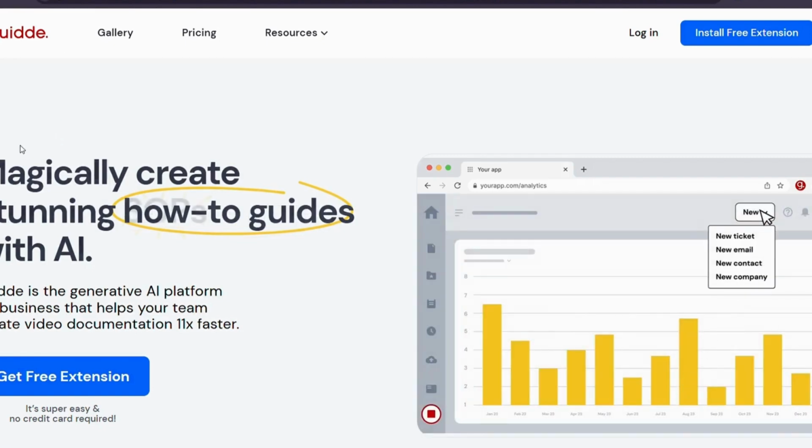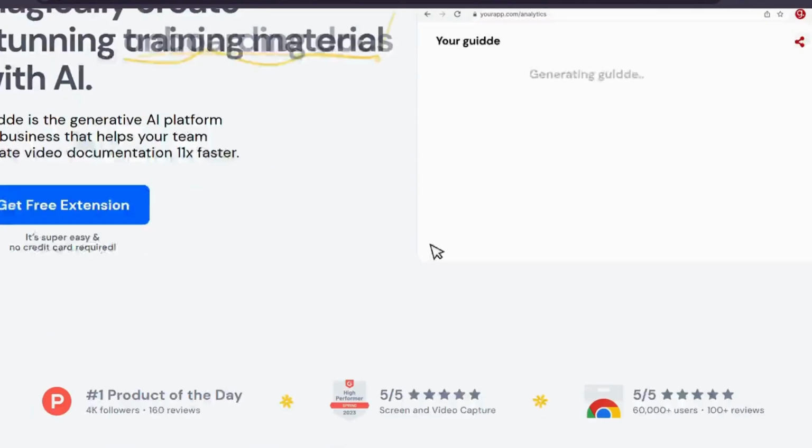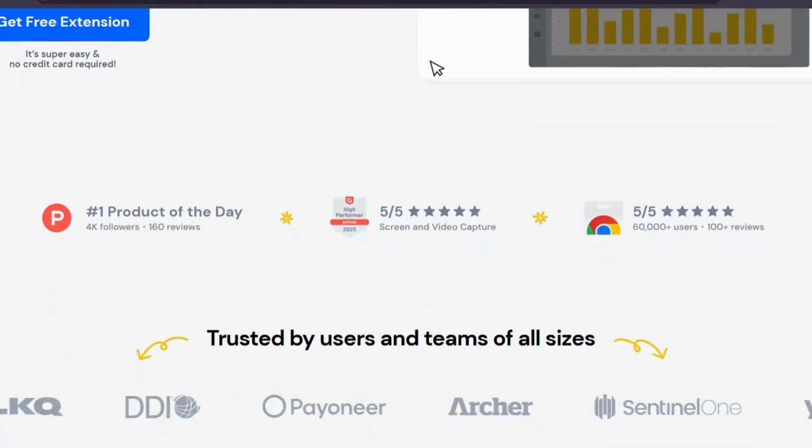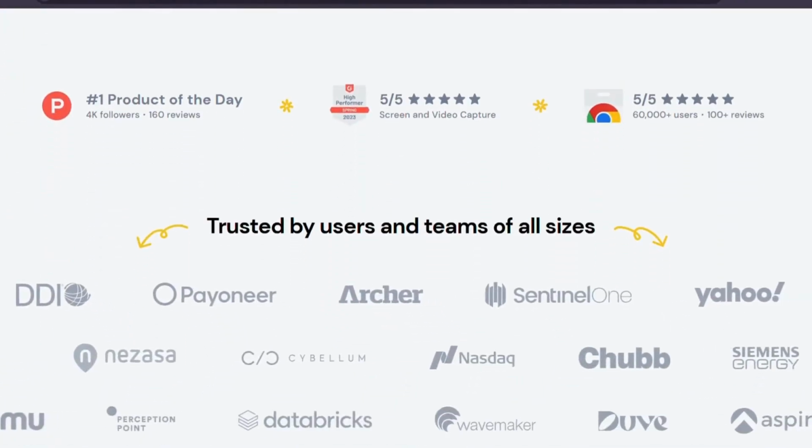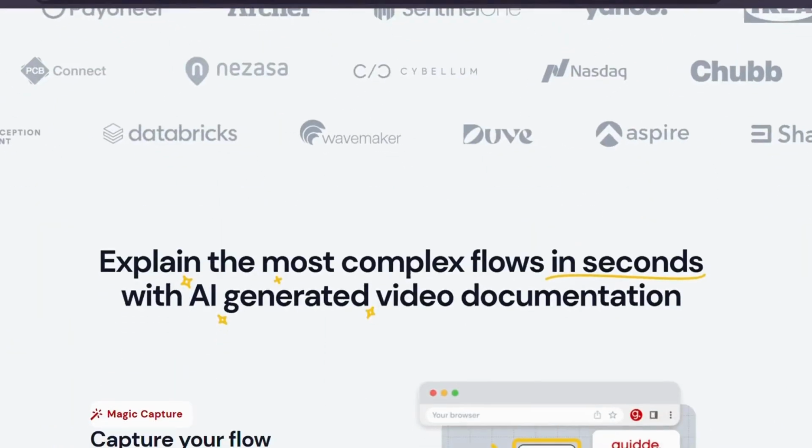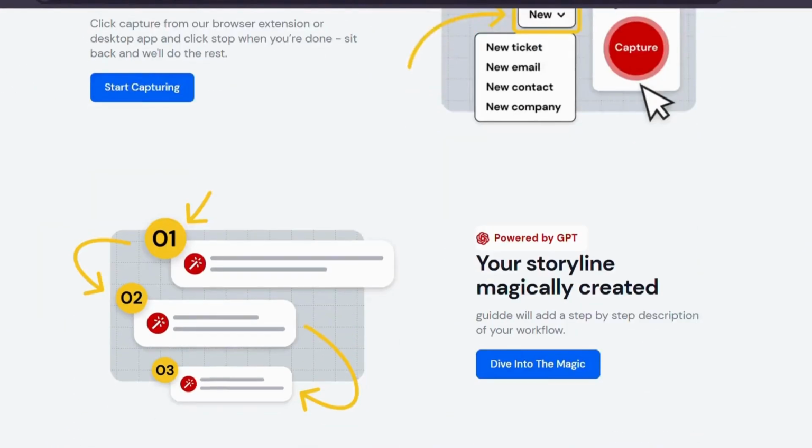Today, I want to share a tool I recently came across called Gid. Now, I'm not here to promote it, I'm just genuinely impressed by what it offers and thought it might be useful for some of you. Gid is essentially a platform that helps you create step-by-step guides in a visual, easy-to-digest format. If you're someone who frequently shares processes or tutorials, whether at work or elsewhere, this might be worth checking out.